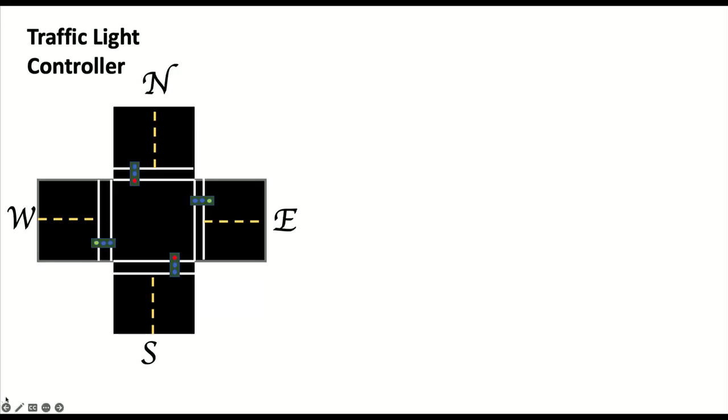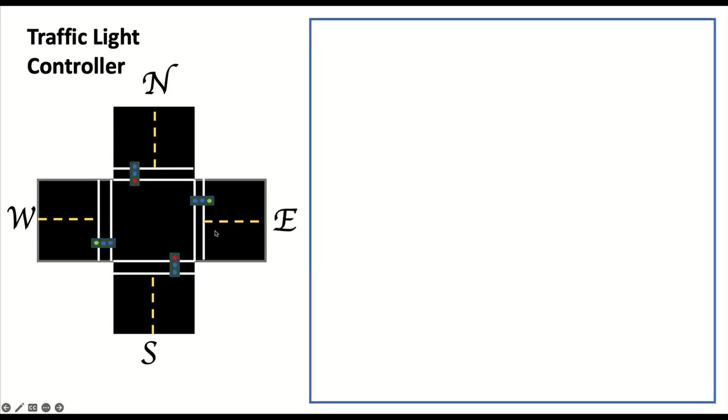Okay. All right, so here's the basic setup. We have an intersection. We have traffic going north-south, and we have traffic going west-east. And we need to control the traffic because we want to avoid car accidents. And we notice that even though there are 4 lights, they're actually pairs of lights, right? The north-south lights will always have the same value, and the east and west facing lights will also be the same. Okay, so let's build this traffic light controller.